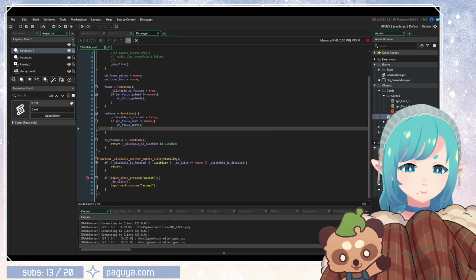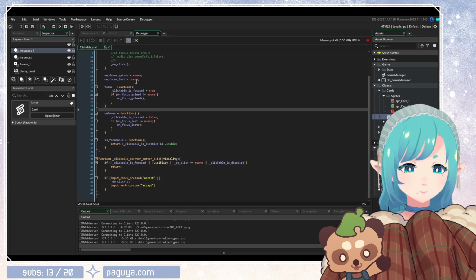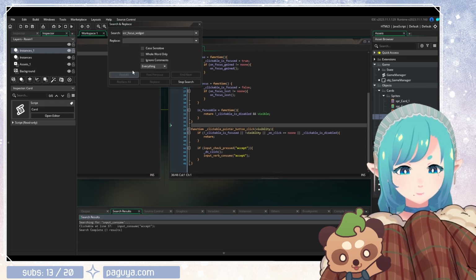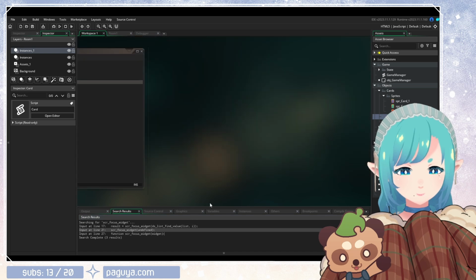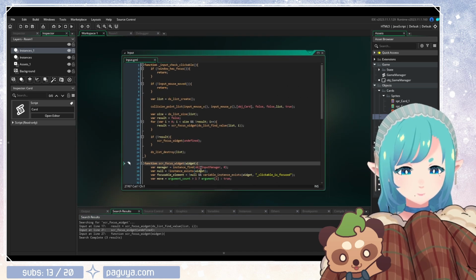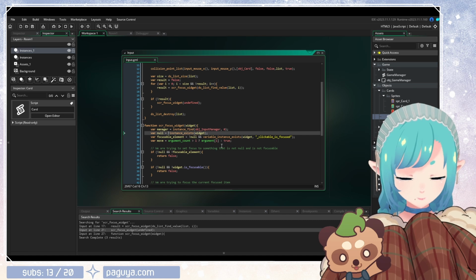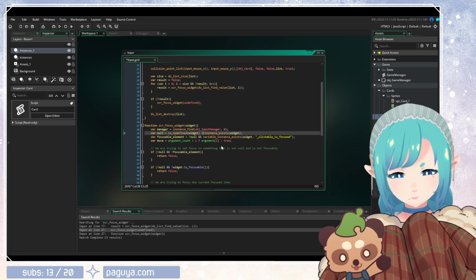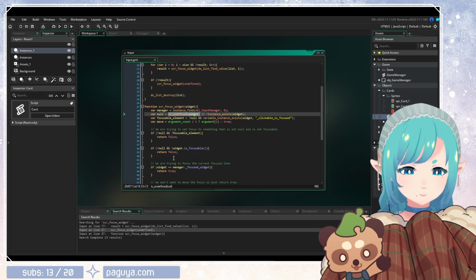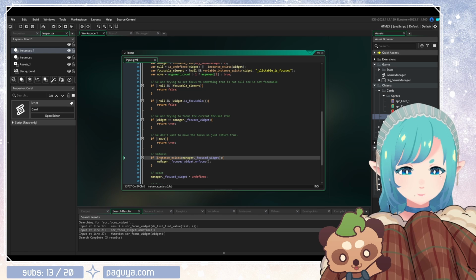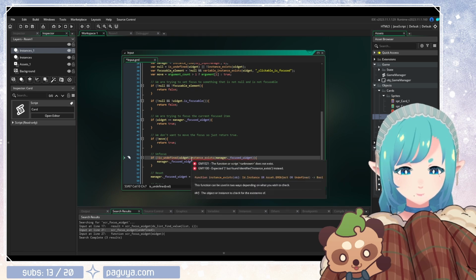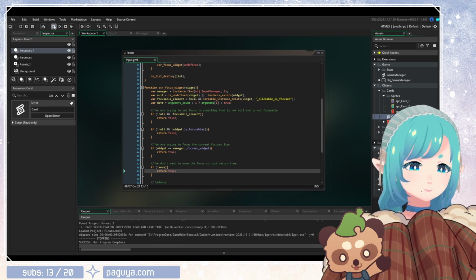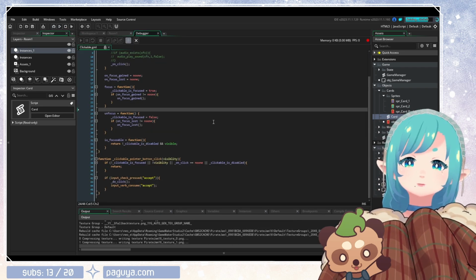Might be something else. Inernal is undefined widget, or okay. Oh wait, I don't know why it doesn't give me the error when I'm running it, but